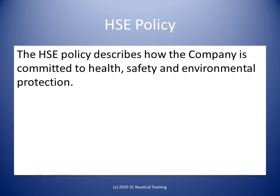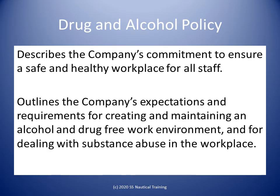The Health, Safety and Environment Policy describes how the company is committed to health, safety and environmental protection. The employee must become familiar with the Drug and Alcohol Policy. The DNA policy describes the company's commitment to ensure a safe and healthy workplace for all staff, and outlines the company's expectations and requirements for creating and maintaining an alcohol and drug-free work environment, and for dealing with substance abuse